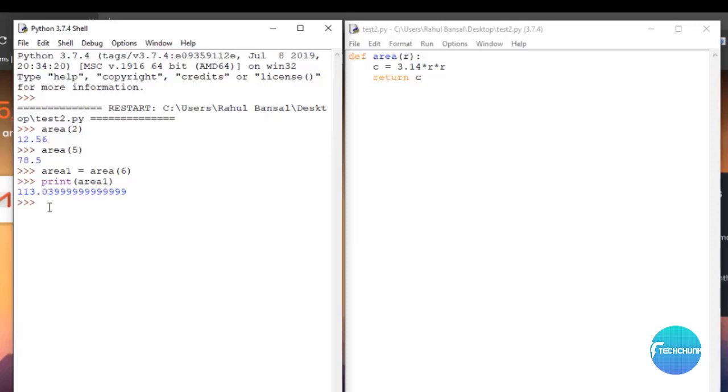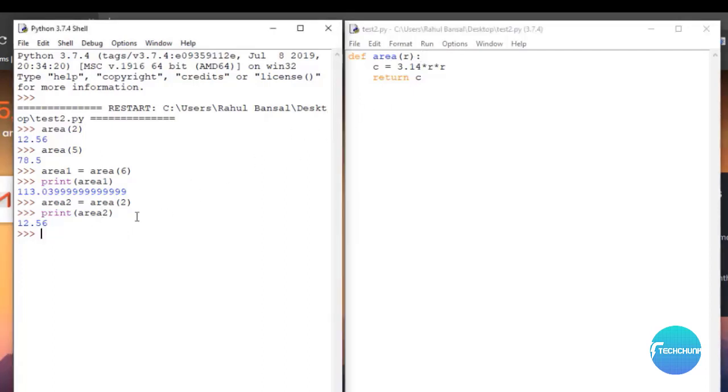Let us calculate another area and store it in area2. We have 12.6, the same as when we calculated it earlier. So now you see how a function is used and how it gets executed.